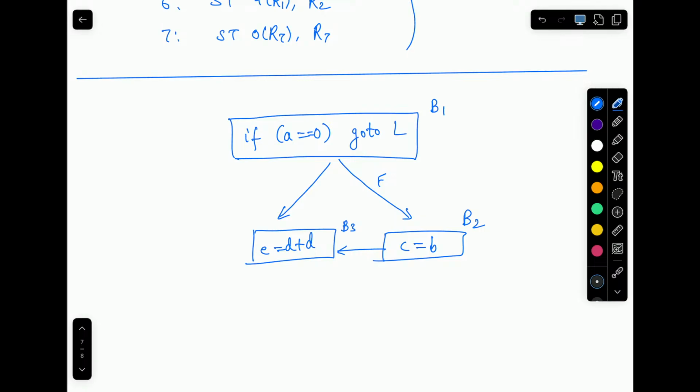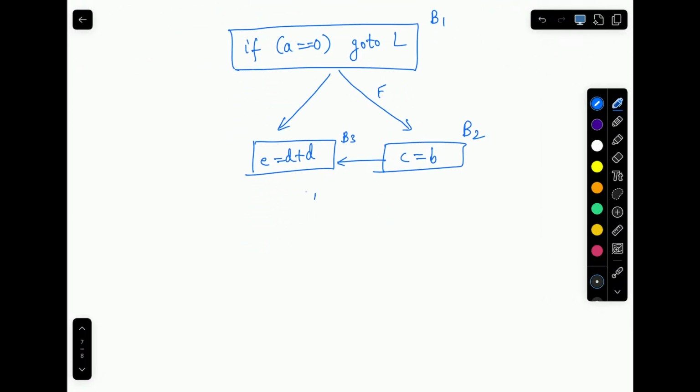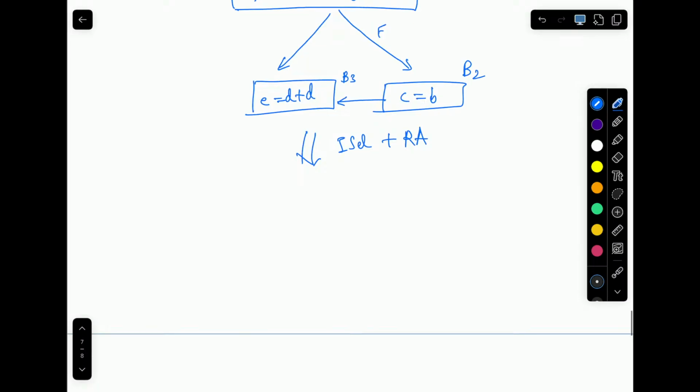And now what do we do first? We'll do register allocation. We'll do instruction selection in some order, sometimes before, sometimes after. Actually, I did not ask you an interesting question. You have studied SSA form, right? Okay, so then I'll ask you a question later on. So let's say this is my basic block, and after doing instruction selection plus register allocation,